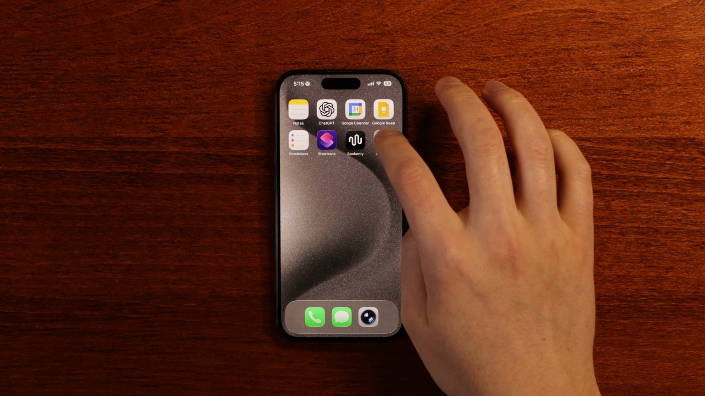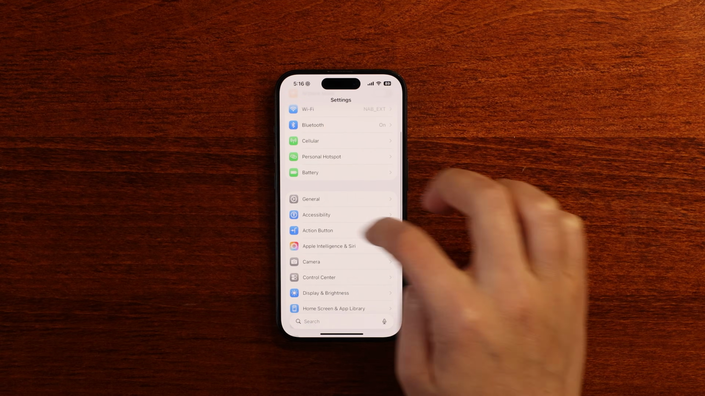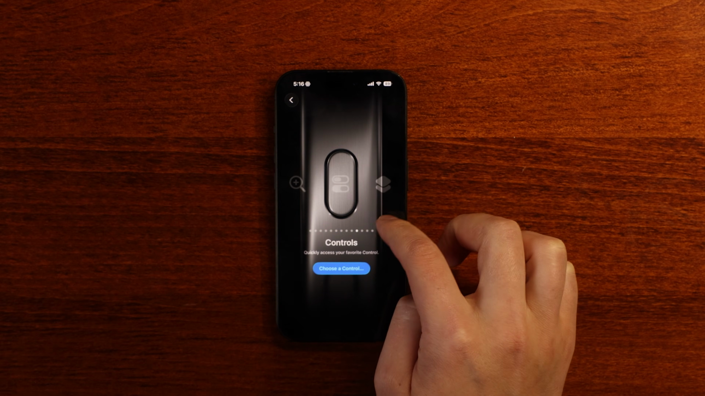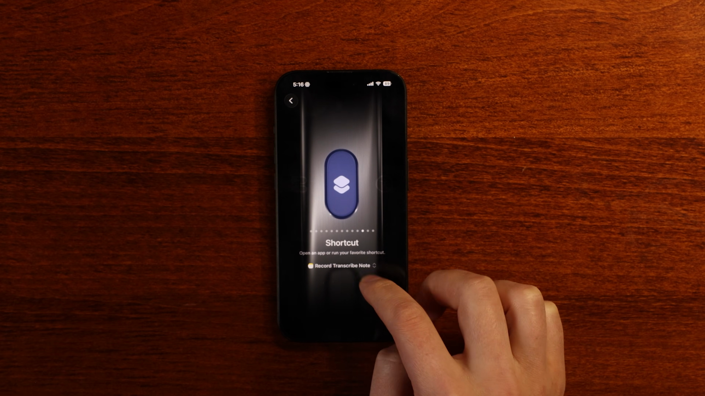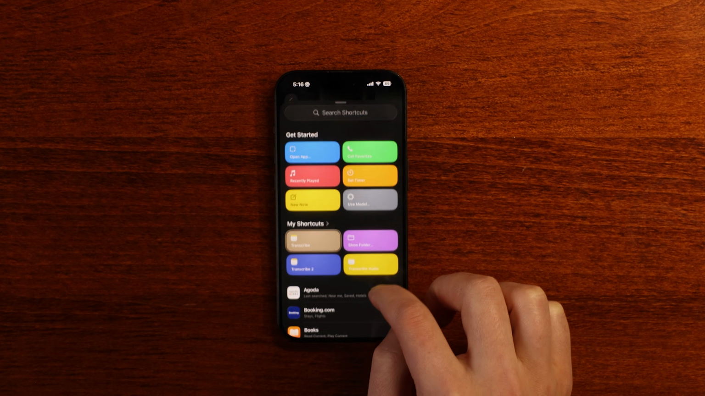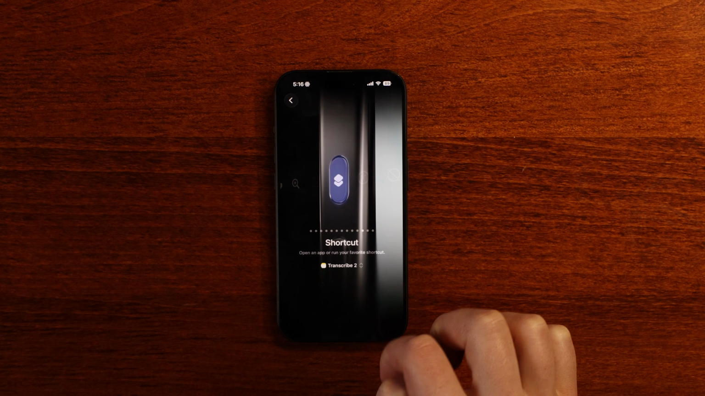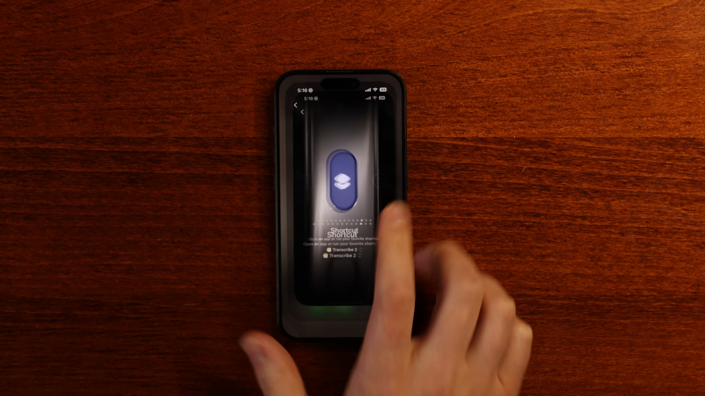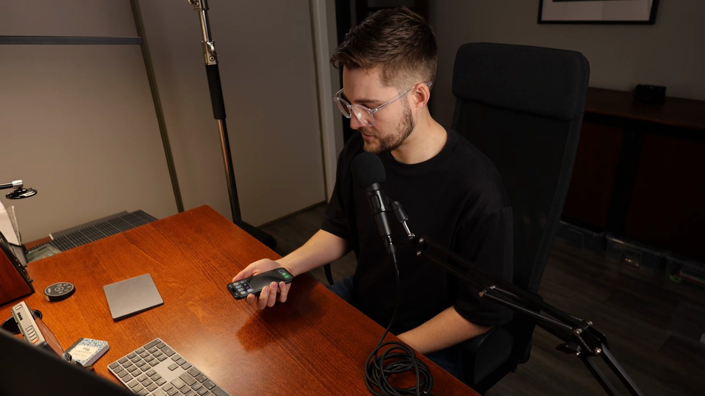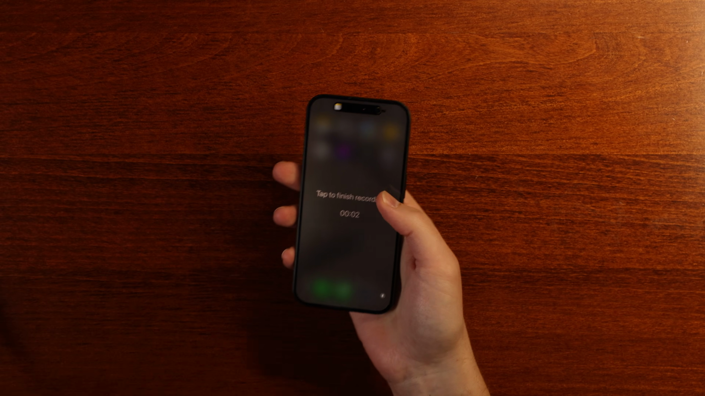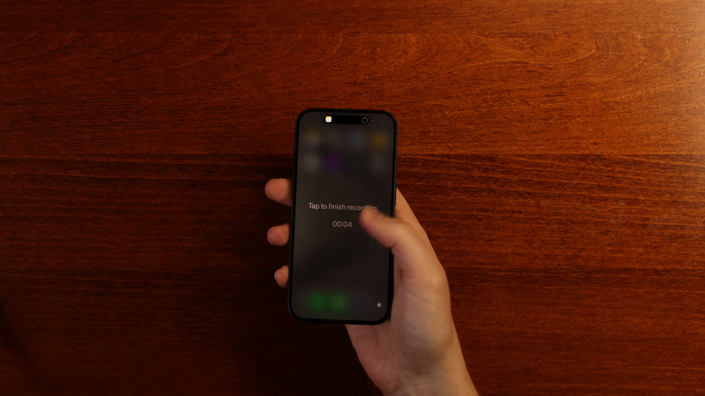Perfect. Now, to link this shortcut with the action button, it's really easy. We're going to go into settings right here. We're going to go down to action button. Action button, you could flip through the different options, but you go to the end to shortcuts. Select the one we just made. So we called it transcribe to. There you go. And as easy as that. So now when I'm going to hold the action button, it works. Beautiful. It's going to record everything I say, and when I tap to finish,